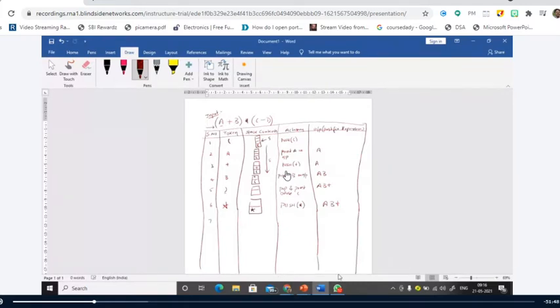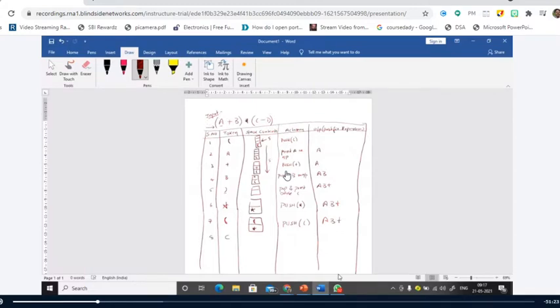Next, what is the next token that you are reading? Open parenthesis. And when you come across an open parenthesis, I told you that there is nothing to consider. Whenever you come across an open parenthesis, you just push it onto the stack. That's it. So the action you are performing is push of open parenthesis, and the output remains as it is, AB plus.